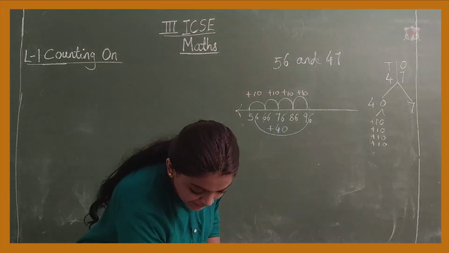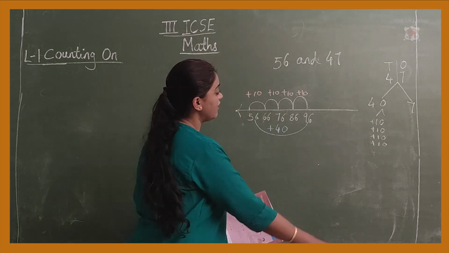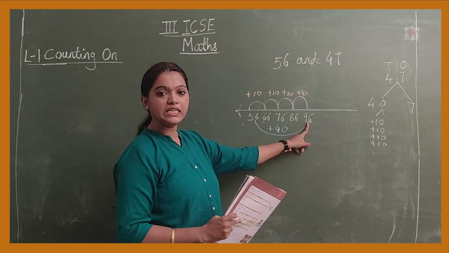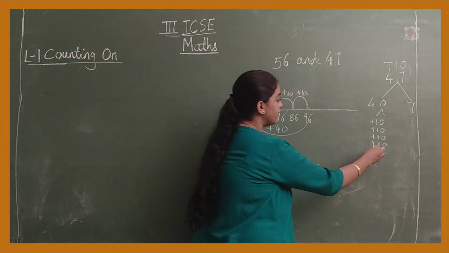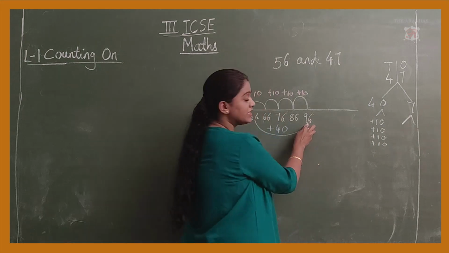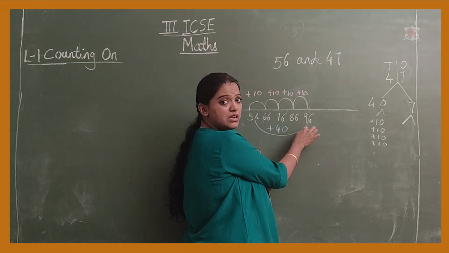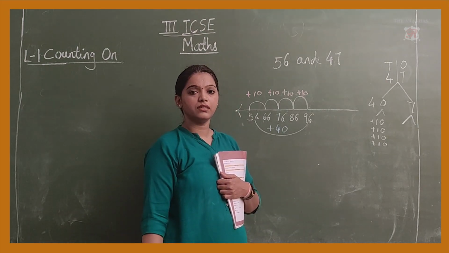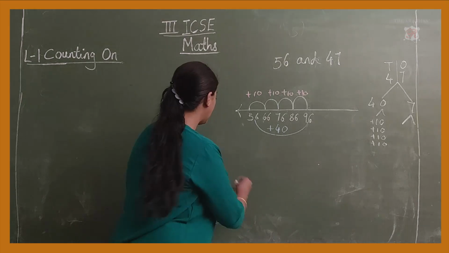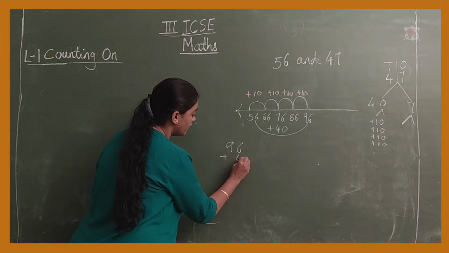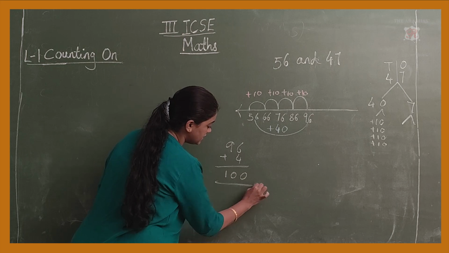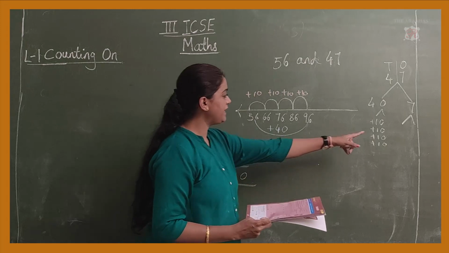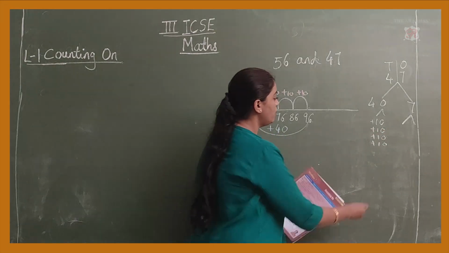So what is the number remaining now? You have to split this 7. Okay, now you have this number 96. You have to split this 7 in such a way that you add something to this number that it becomes a landmark number. Now what is the nearest landmark number to 96? You have to add 4 more. 96 plus 4 is your 100. Your 100 is your landmark number. Okay, so you have to split 7 in such a way that you will add 4 over here.